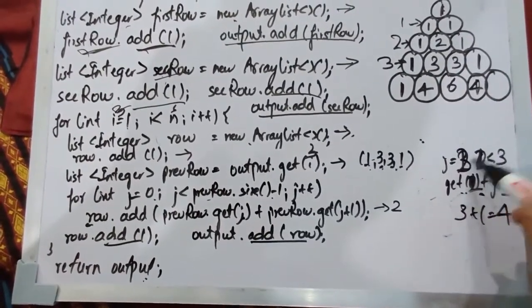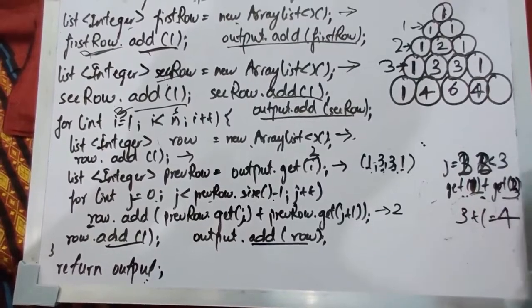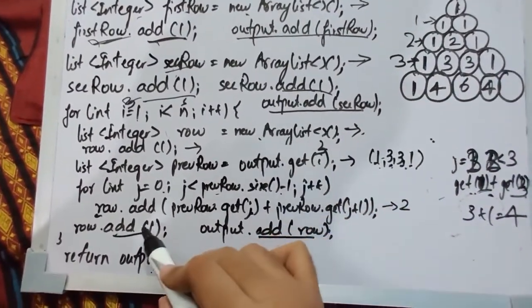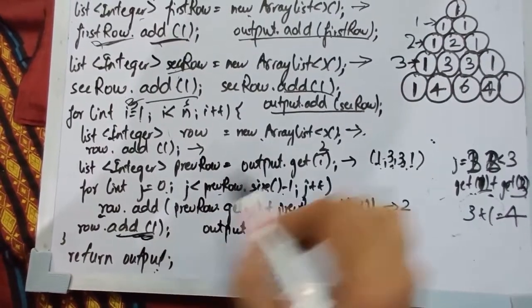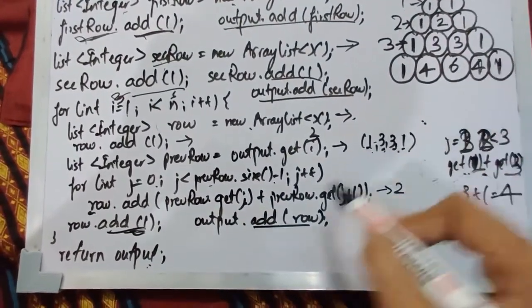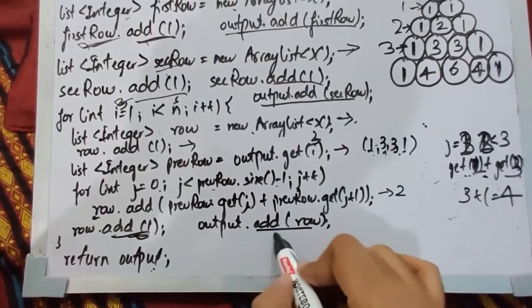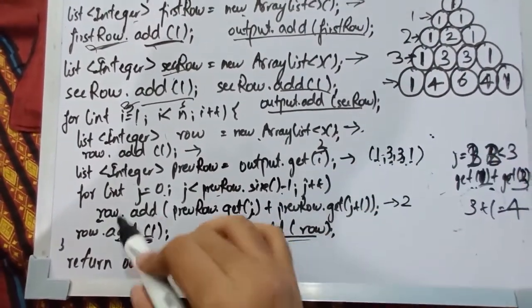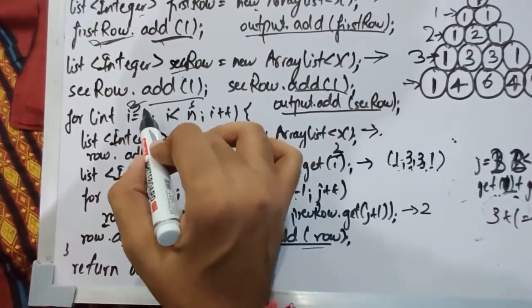Now j equals 3, but 3 less than 3 is not true, so it will not go inside the loop this time, and it will exit, and it will add the row with row.add(1), and then it will add the entire row to the output, so this one is also added. So now the i value will have the value 4,